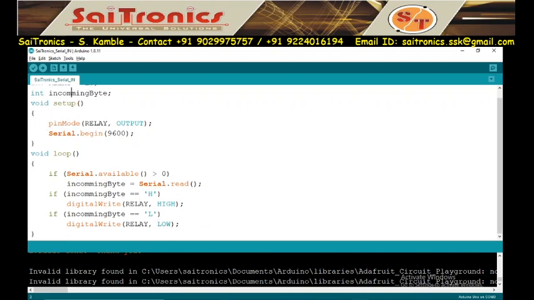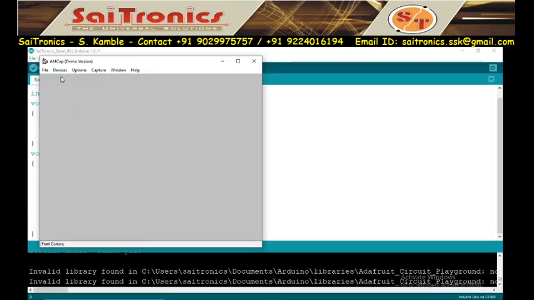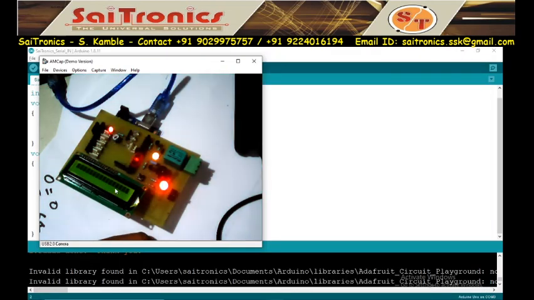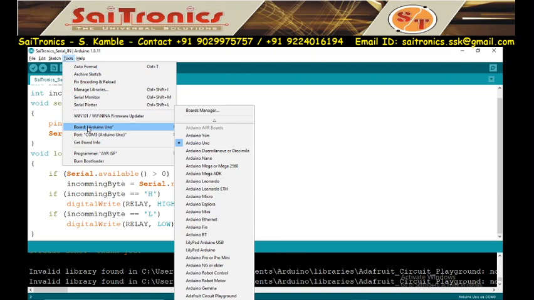First we have to connect our hardware. I will show the hardware. In our hardware we are using our shield. This is our shield and this is my relay. First we will load our code. Before that, Tools, Board.